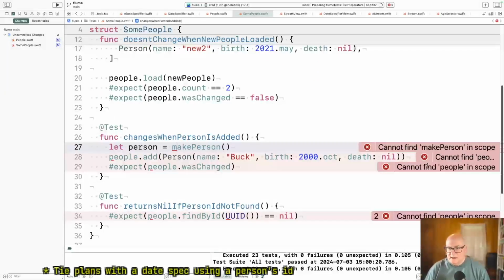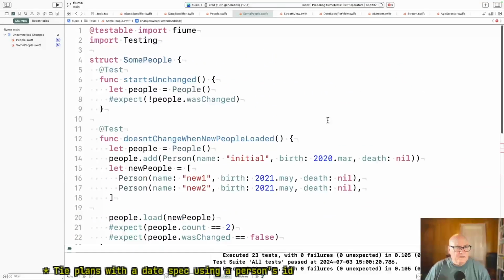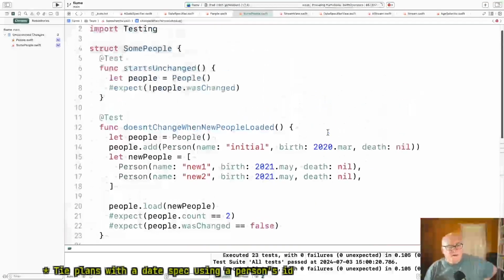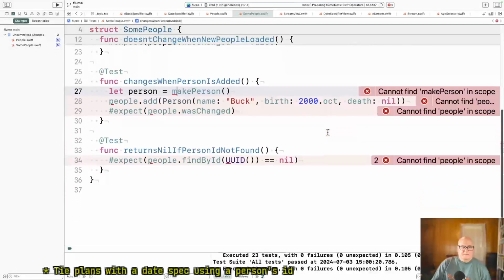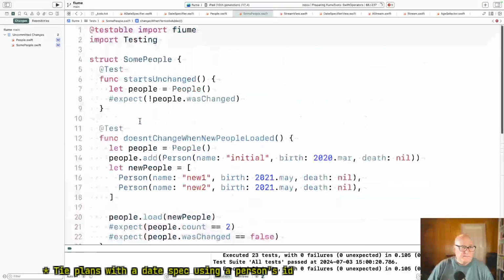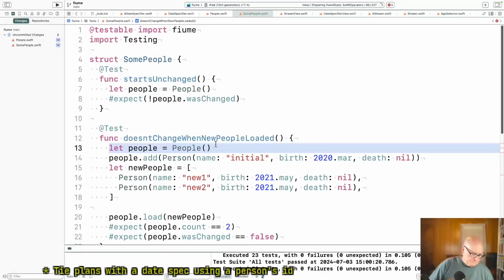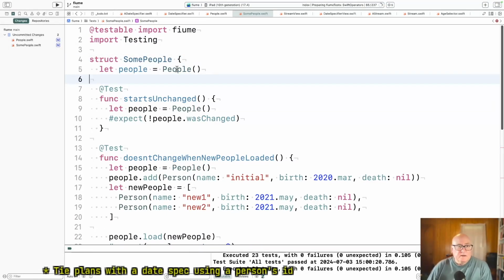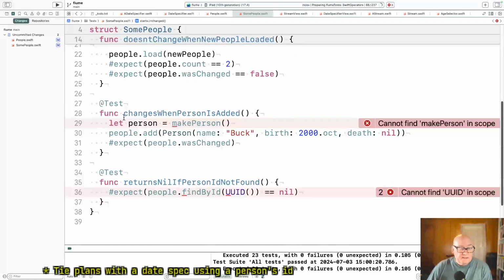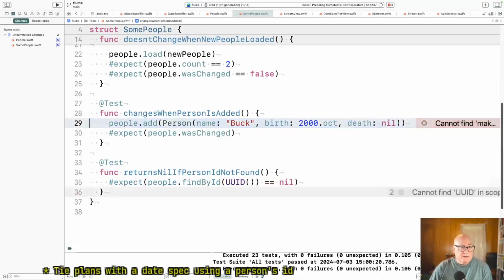Why is this complaining now? Make person. Let's pull this up. This is supposed to create a new instance for every test, so we theoretically don't need that. Let's take this out. I don't know what the make person's doing for anybody.